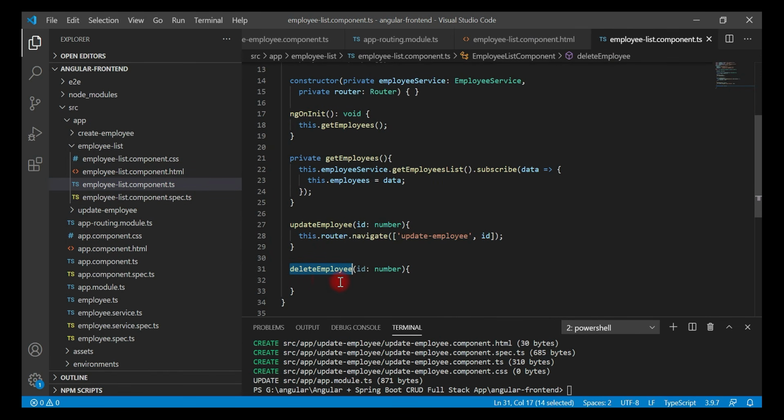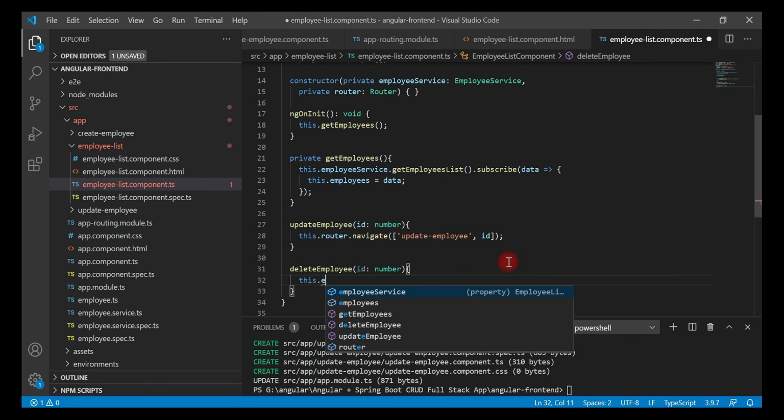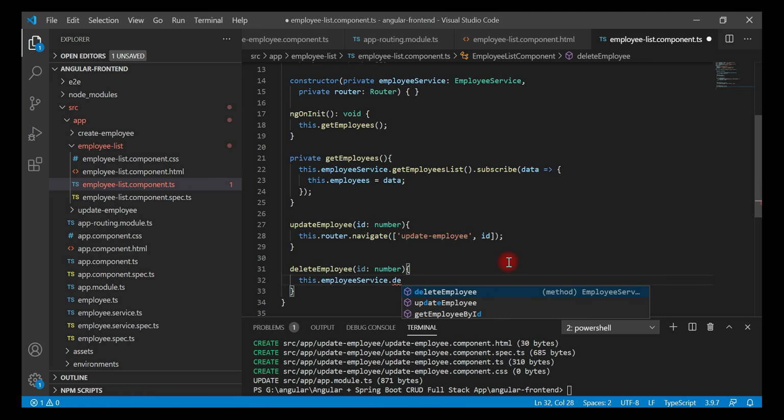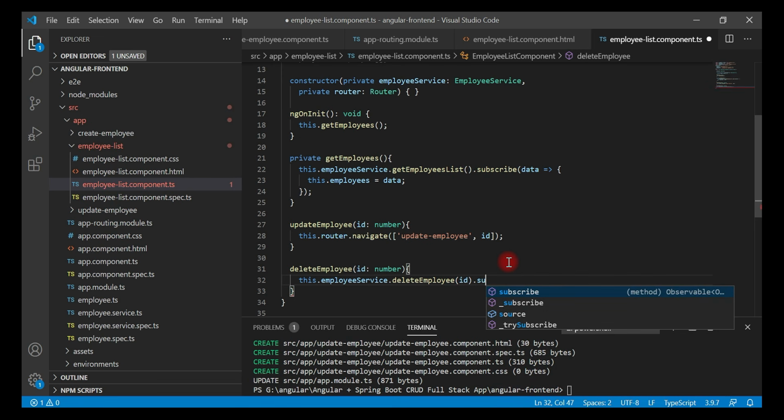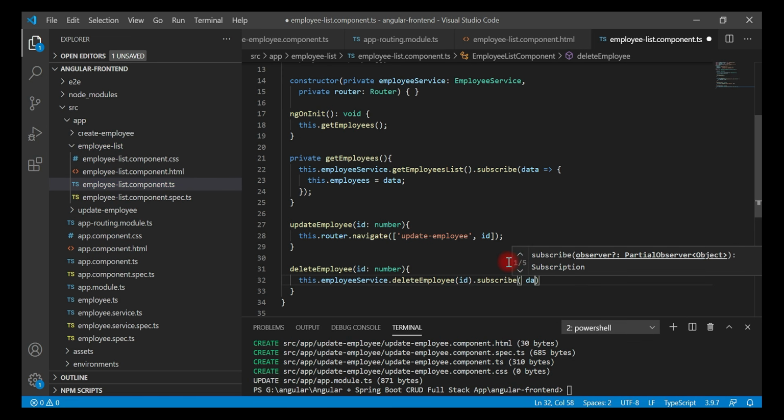Inside the deleteEmployee event handler, we're going to use this.employeeService, and we call the deleteEmployee method, and we pass the ID, and then we subscribe to this method as it returns an Observable, and we can handle the response data here